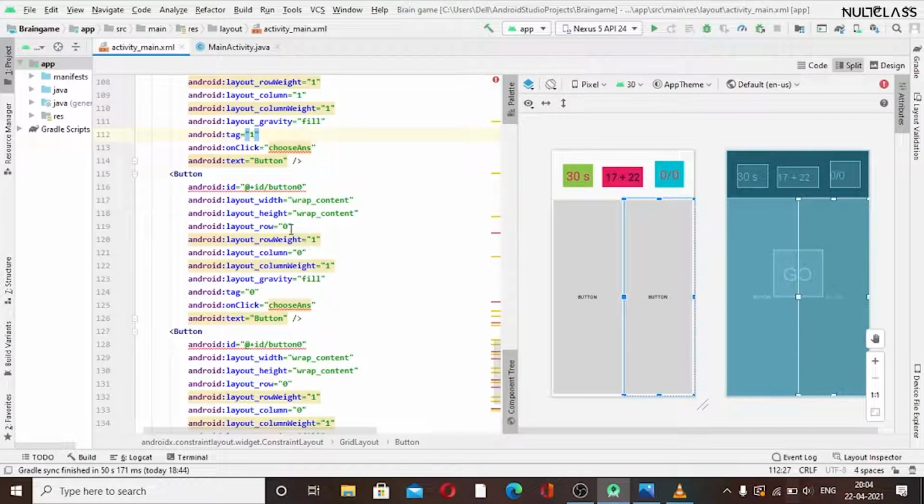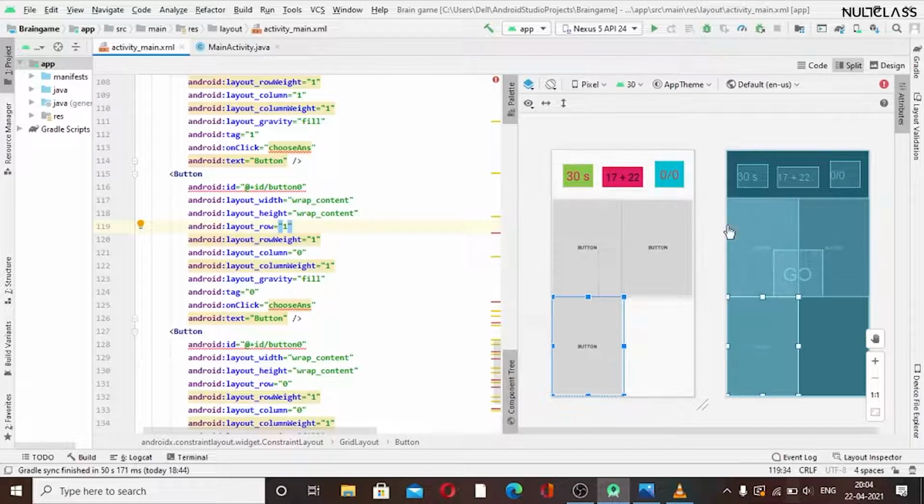So now this time I think we will be changing our row weight. We can see, I think I have to show you. If I change the column, let me show you what happens here. I think this is here. Okay, so on changing this, it gets split into three parts. So we don't want that. We want that next button to be downwards here, like half part. Okay, so we will be changing row here this time. So I will be selecting row equal to 1, like this.